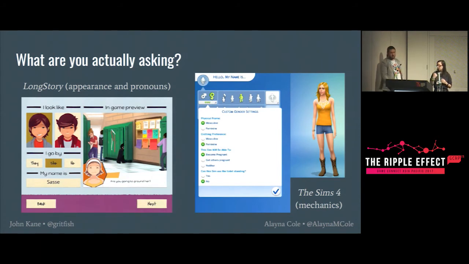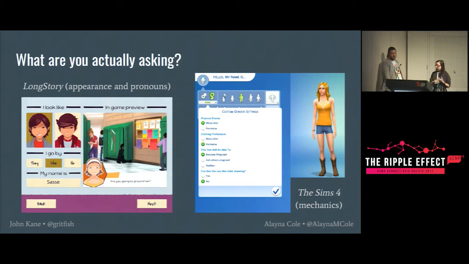Sims 4 is also on there as something that's asking about mechanics. It still asks for your gender and whatnot, but it does a really good job of getting to the crux of what that is actually doing in game. For The Sims, what's your physical frame like? Are you a masculine or feminine frame? What are we building with? And you can choose that. What is your clothing preference? You can change that as well. You will say one and it changes what it automatically filters for you, but it still allows you to remove that filter and get all the options.